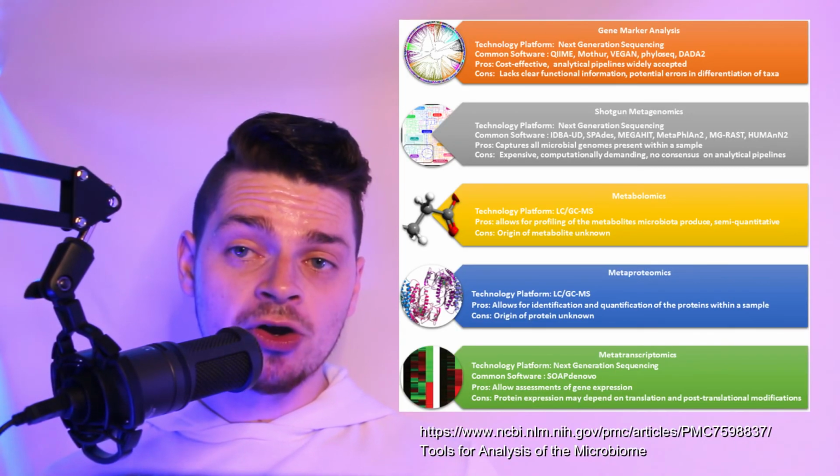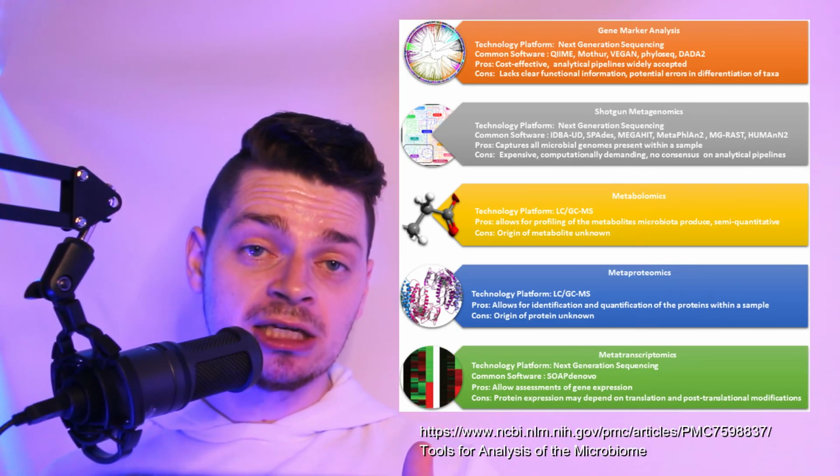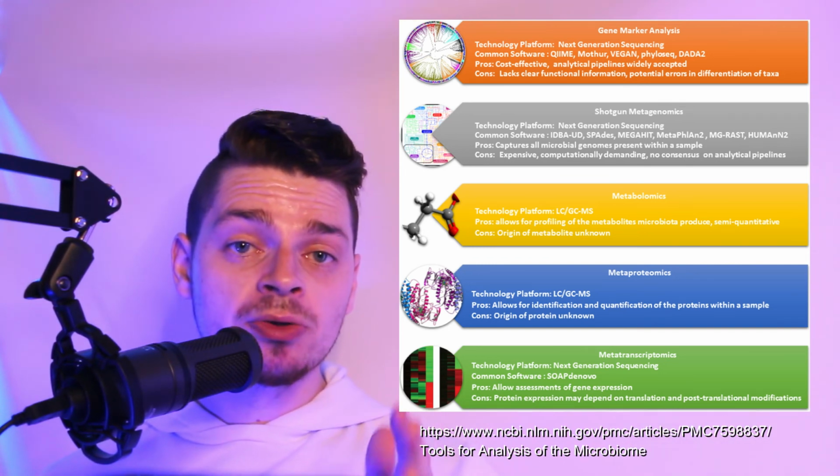Typically, analysis of the gut microbiome is done by genetic sequencing, and there are a variety of tools for doing so. I'm not going to go into great depth here on my findings, as the details are fairly complex, but I found the following categories of sequencing exist. From a 2021 paper entitled Tools for Analysis of the Microbiome, quote, "There are a number of different technologies available to study the microbiome. The list currently includes PCR, or polymerase chain reaction, gene marker analysis, shotgun sequencing, metabolomics, metaproteomics,